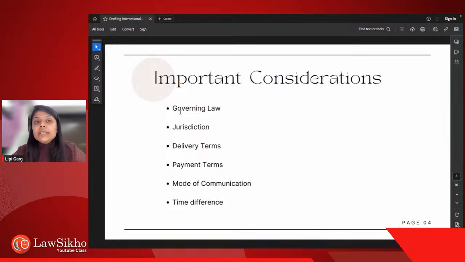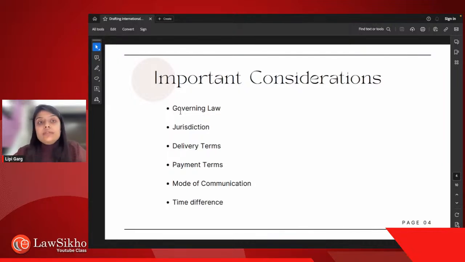So governing law is not a dispute when we draft any national contract, right? But when it comes to cross-border disputes and international contracts, then governing law comes into the picture. Let's say one party is from England and the other party is from India. The party in England might say let's apply English laws, and the Indian party might say no, let's apply Indian laws, right? Whose laws will be applicable is a point of dispute that comes up when we deal with international contracts.